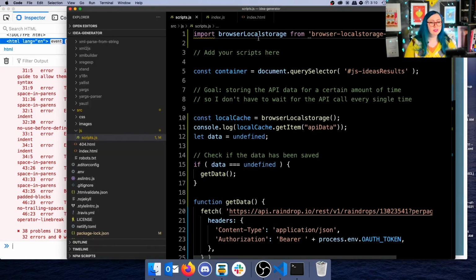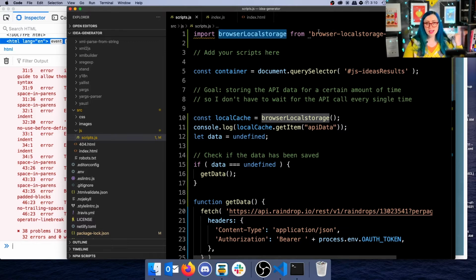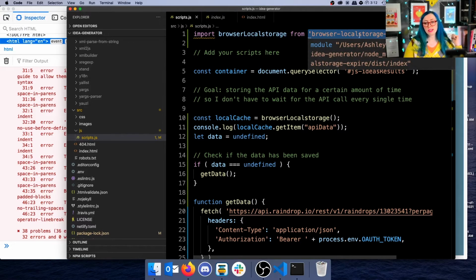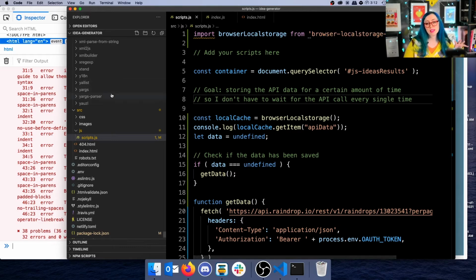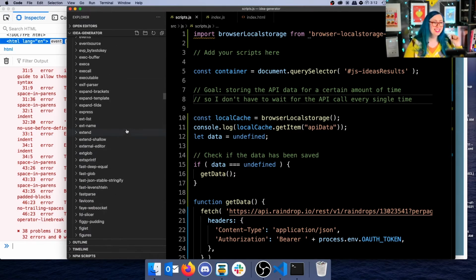Okay, so what did I do here? I imported the browser local storage method from browser local storage expire. It took me a minute to dig that out of my brain. This is ES6 syntax. It's basically saying, I want this function from this package. And how I knew to use this package was by digging through package.json, or digging through node